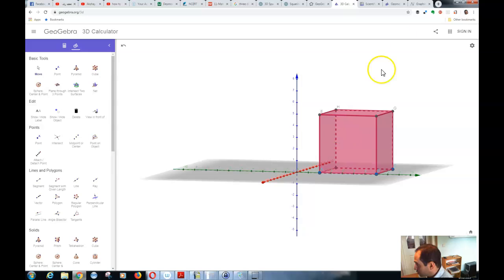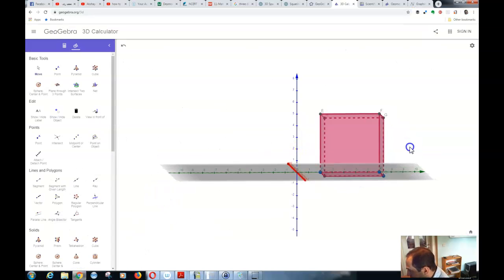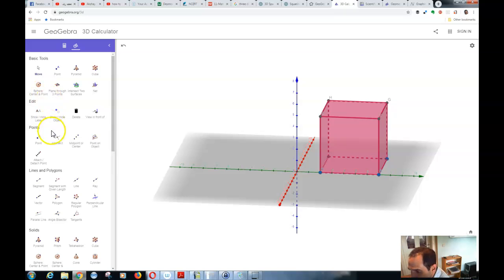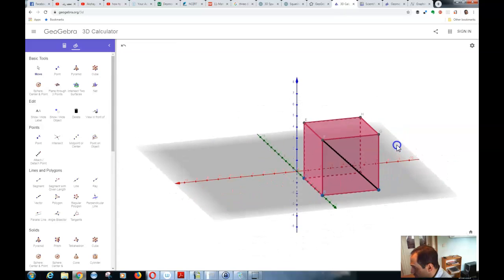So now what I want to do is connect this vertex to this vertex over here. So I will choose, there was something called segment, so I choose this segment, I connect it to this segment, and also I connect these two vertices together. And so now if I go back and choose move here,